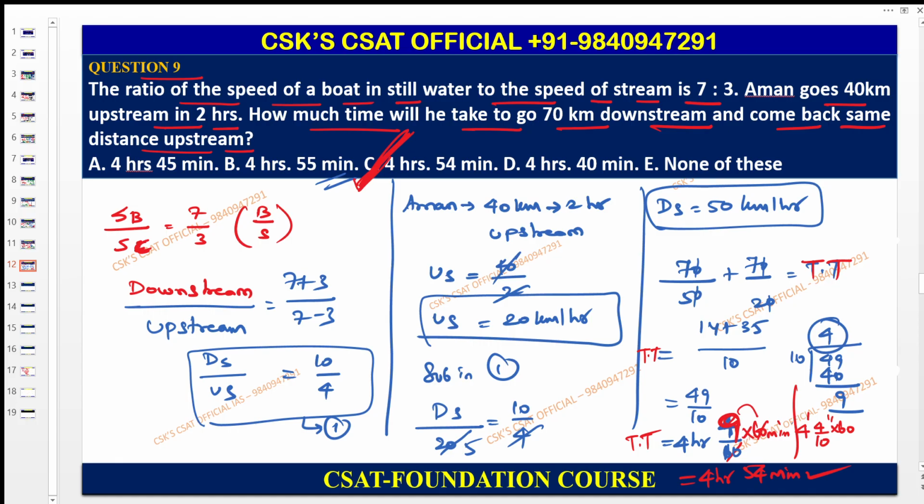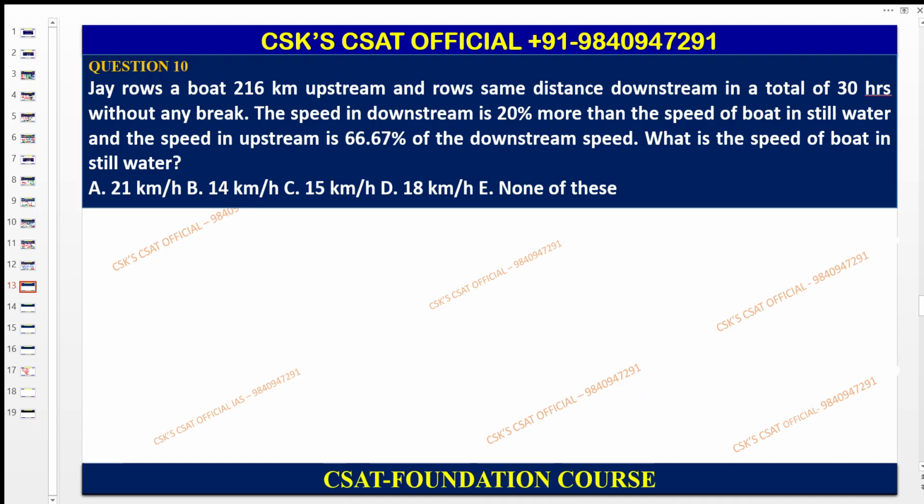Or else you can cancel these zeros. You can take an LCM of 10. Here 2 times 14, here 5 times 35, which is equal to 49 by 10. We do that because the answer is also needed in terms of minutes. Then 49 here, 10 here,